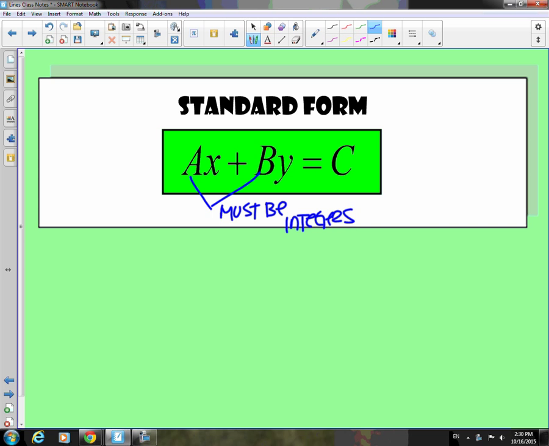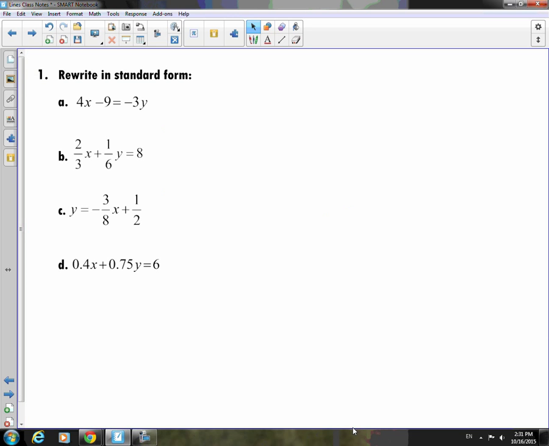And the slope in this form of a line is the opposite of the a value divided by the b. So when we're in this form, it is the opposite of the a value divided by the b. Okay? So if we just practice rewriting these in standard form, the first thing I really need to know is